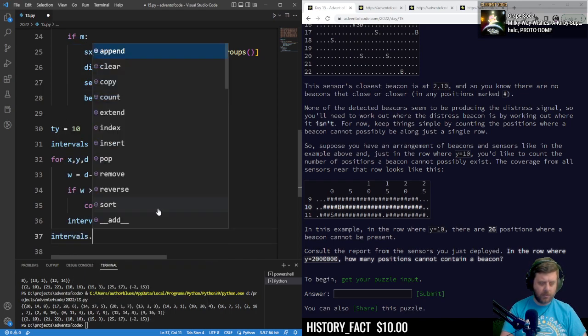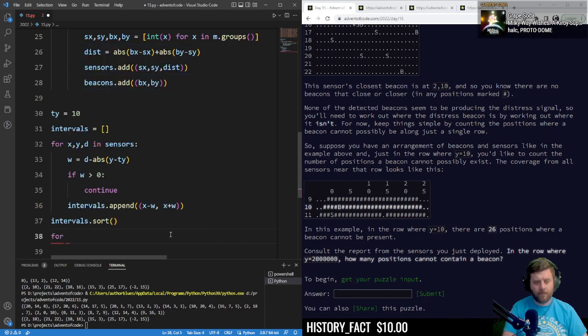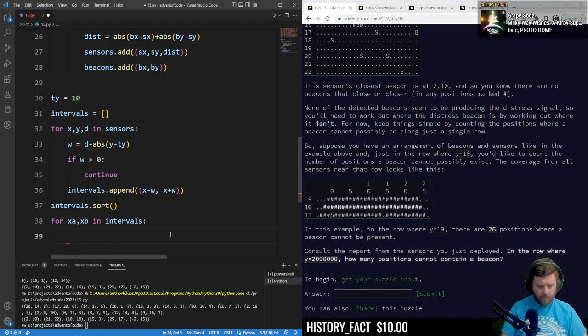And then I want to sort this. So the idea is when I hit a left endpoint,